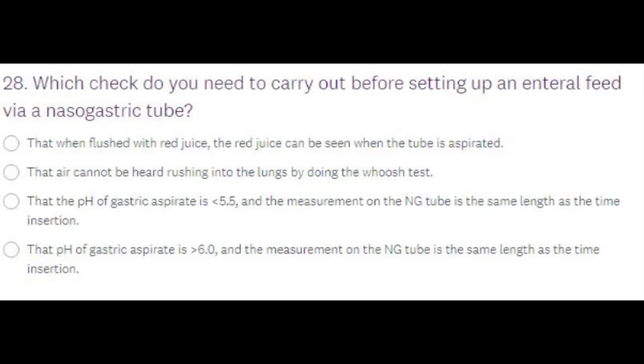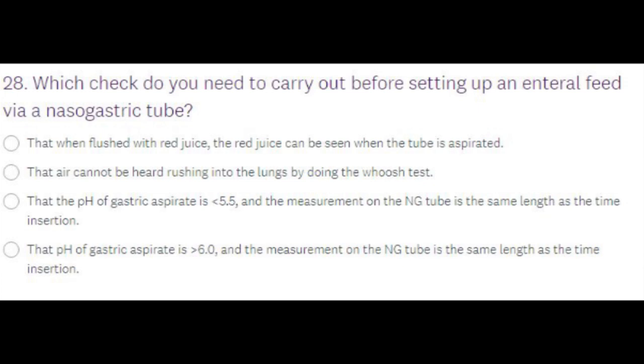Question number 28. Which check do you need to carry out before setting up an enteral feed via a nasogastric tube? Option A, that when flushed with red juice, the red juice can be seen when the tube is aspirated. Option B, that air cannot be heard rushing into the lungs by doing the whoosh test. Option C, that the pH of gastric aspirate is less than 5.5 and the measurement on the NG